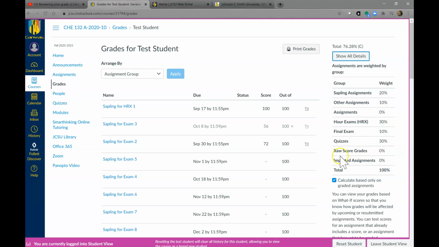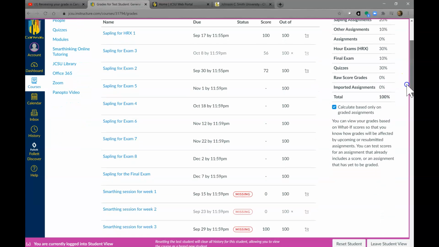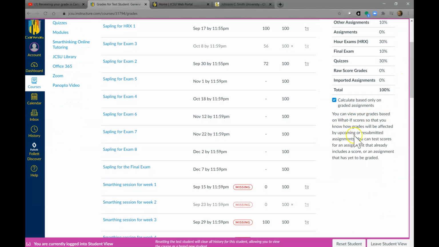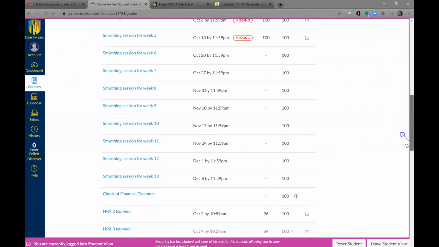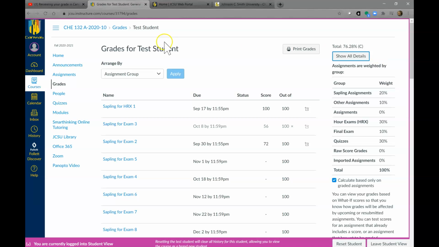The raw score grades is where I put grades in that I'm going to curve. Imported assignments is for bringing stuff in. The what-if scores, I'm not sure how to do that. That doesn't show up in the test student view, I don't think, but maybe you can figure that out. So anyway, I'm going to go from here now, change what I'm looking at, and bring up